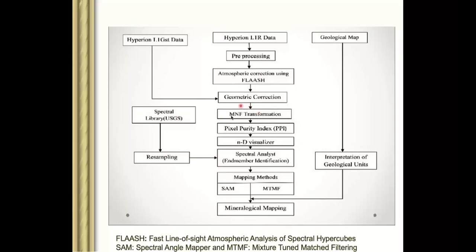Then we remove noise from the satellite data. We call it minimum noise fraction. Maybe some of you are from an electronics or other electrical background. Whenever we are getting some signal, even in your camera, if you slightly shake your camera, then you will not get a very good quality image. It will be blurred, right? So there is noise in the image because of the slight shaking of your camera. You get noise in your mobile photograph.